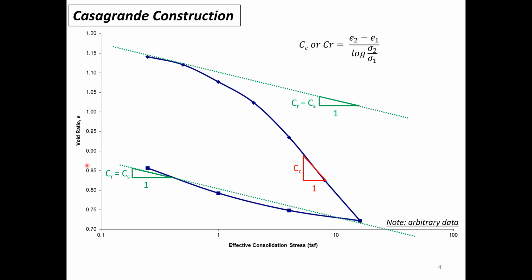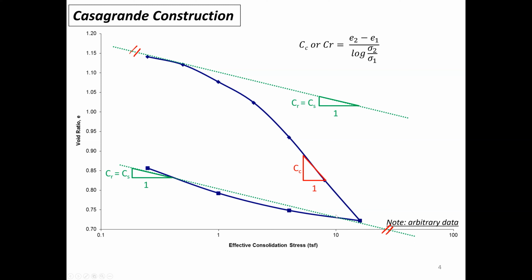So they should behave on this e-log p curve as parallel. So you see the upper green and the lower green, theoretically they should be two lines that are parallel with each other. And you may ask, if these two are parallel with each other, which one should you pick to calculate the slope such that you get C sub R, the recompression index? The answer is you should get the